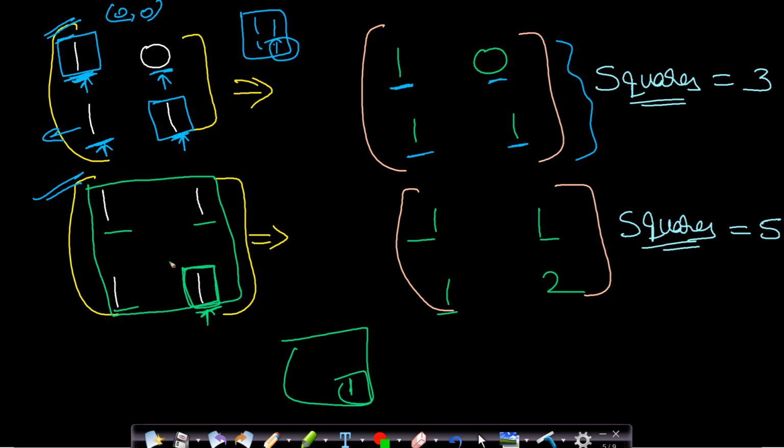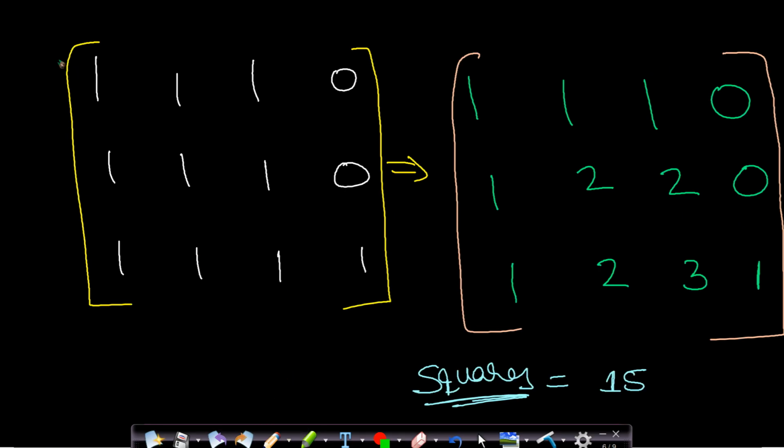So in the larger matrix, this is forming the bottom right corner, and if this element itself is included, then this also will be counted. Therefore we will write here 2. I hope you did not understand it too well, so I will take more examples. Now let us say this is a larger matrix. Now if this is a bottom right corner of a square submatrix, then there should be some elements above and elements to the left hand side in order for it to be more than the size which is 1. So in this case there are no elements above and to the left, so this element will only be included, and therefore only one square matrix is possible which is ending at this point.